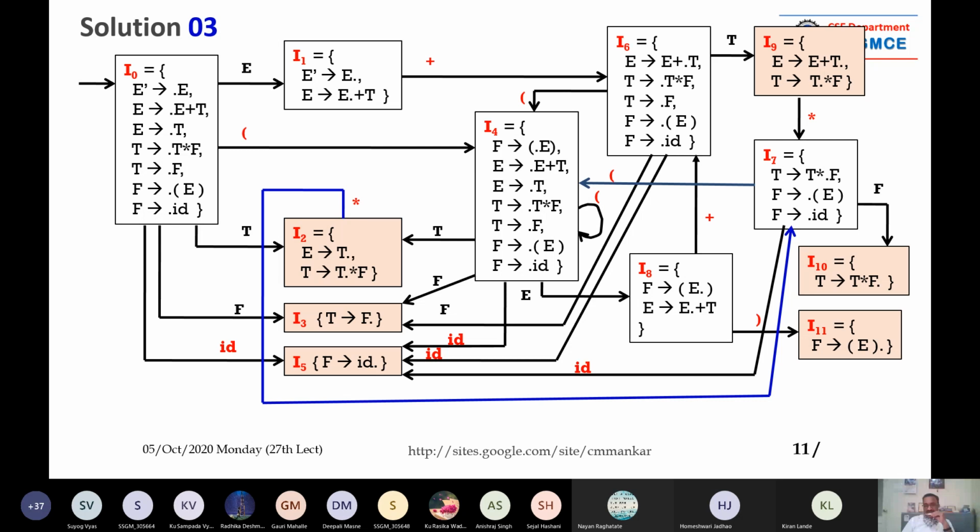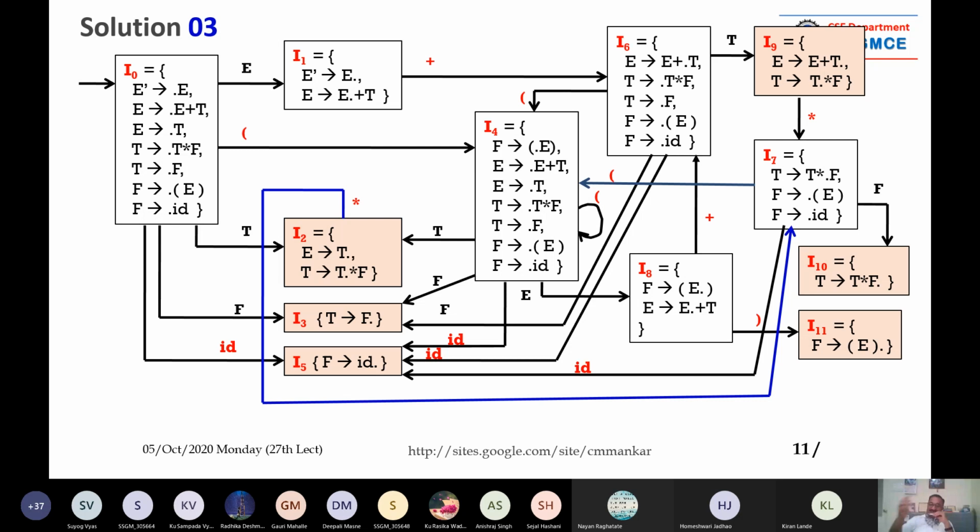See, in a shift reduce parser, this is actually a bottom-up parser, the SLR parser, there are two actions, shift and reduce. So when there is a dot at the end, it means that you have processed it. I don't know whether you will understand the meaning of processed, but it is a theoretical concept. It is a very important concept. If you understand this, then you are through it. You don't need anything.